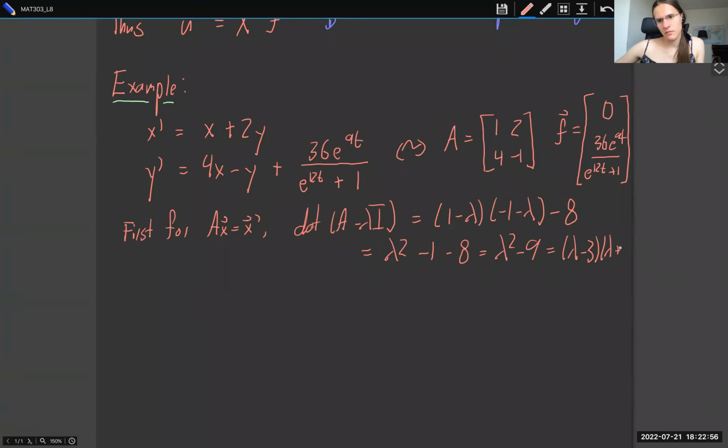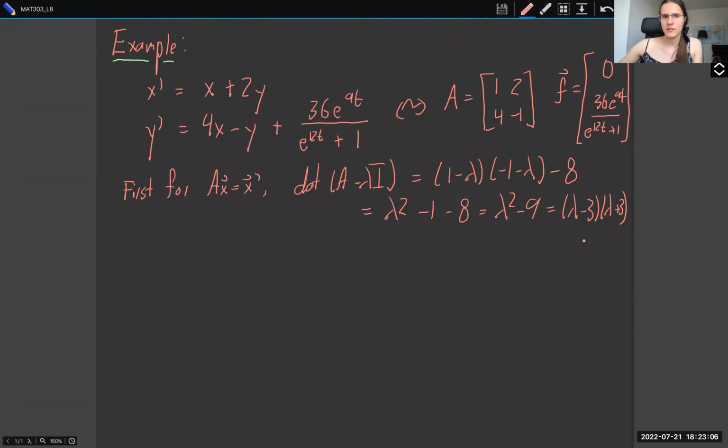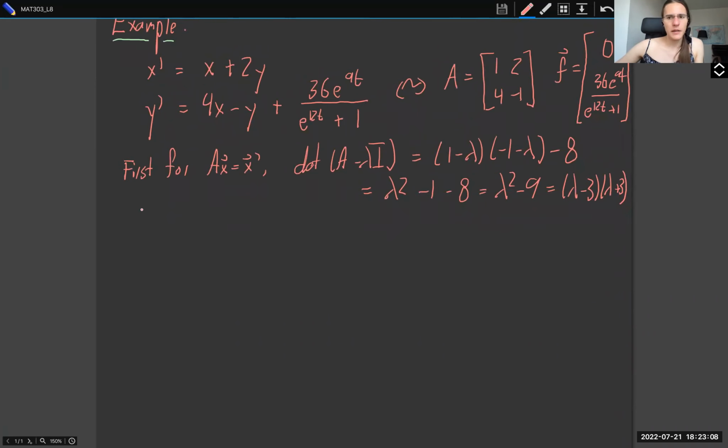Okay, and it's a 2x2 system, so we know there are going to be single eigenvalues for each one of these, because there are two separate eigenvalues. So each one has at least a one-dimensional generalized eigenspace, and so they're both just one-dimensional full eigenspaces. Then what? So for lambda equals 3,